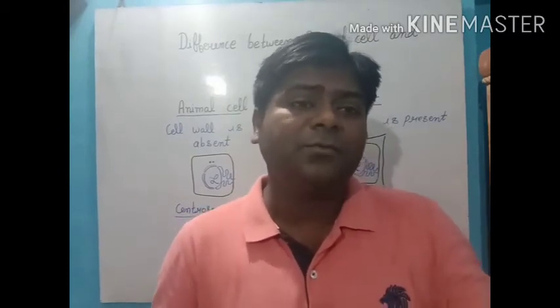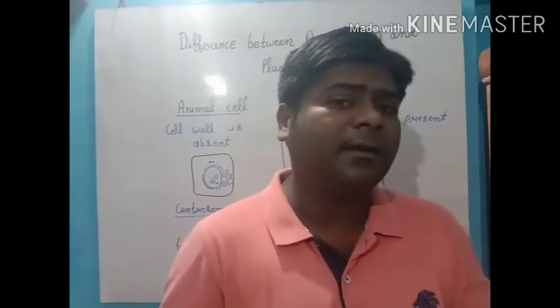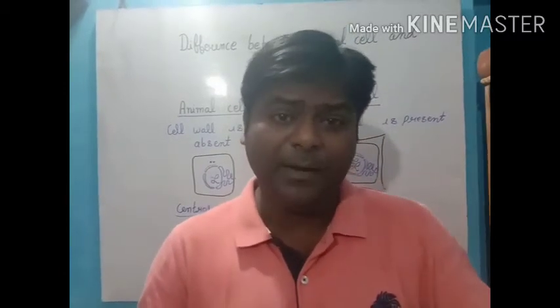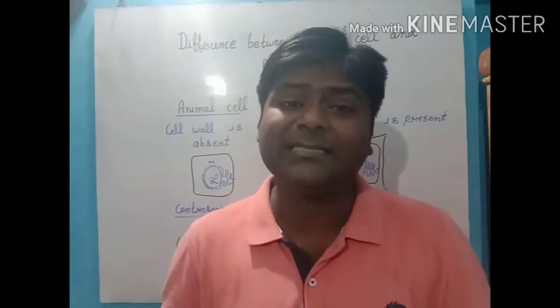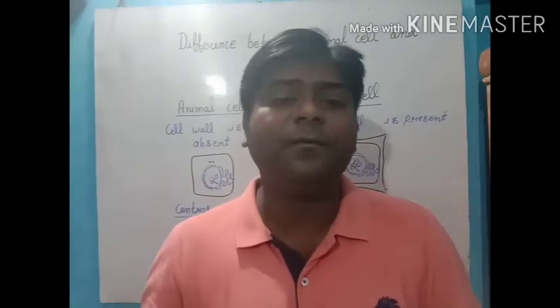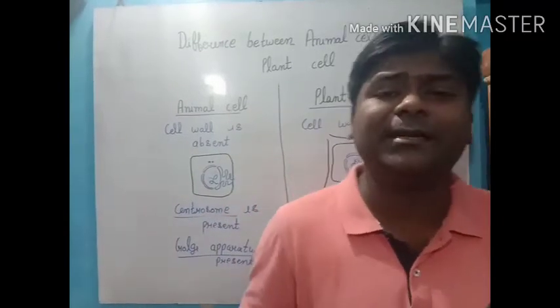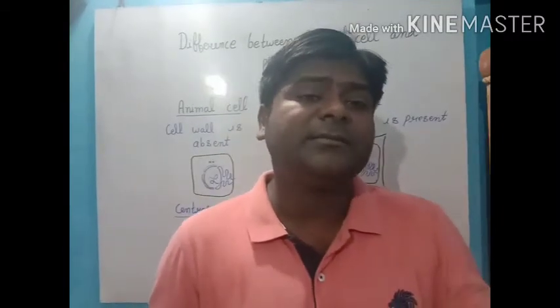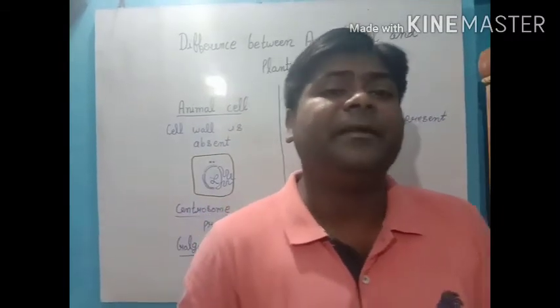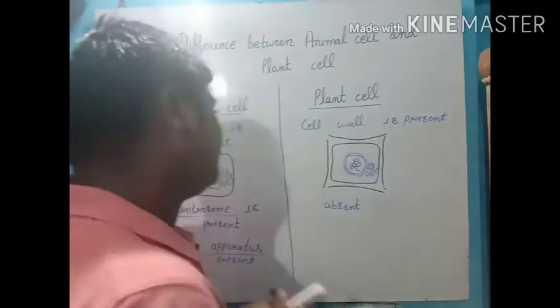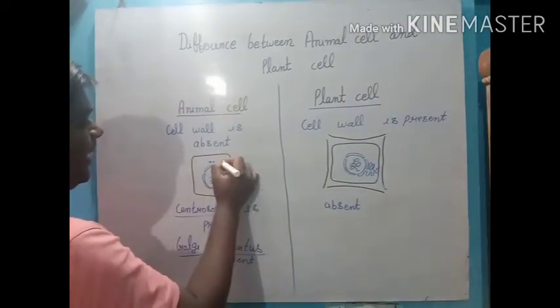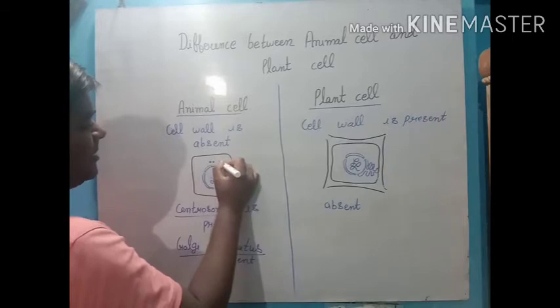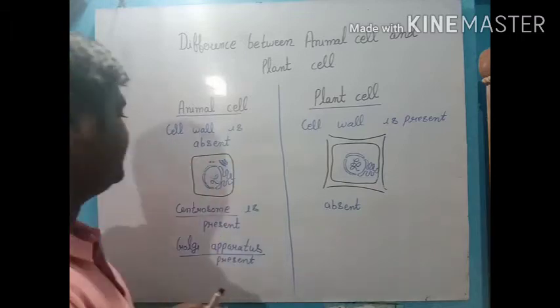It means whatever movement happens inside the cell, we are talking about the movement of substances. Substances are moving from one direction to another depending upon the need, we know that, and that is controlled by the Golgi apparatus. So prominent structures of the Golgi apparatus are present. You can see that one.